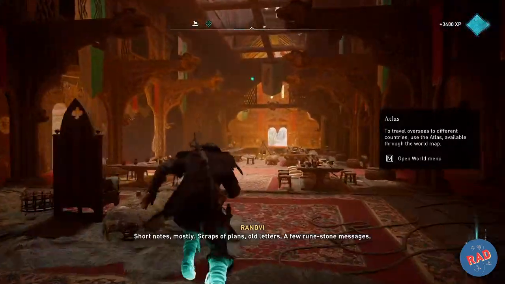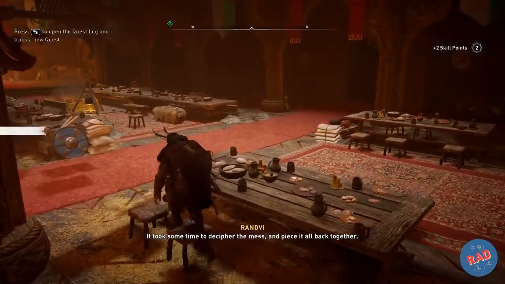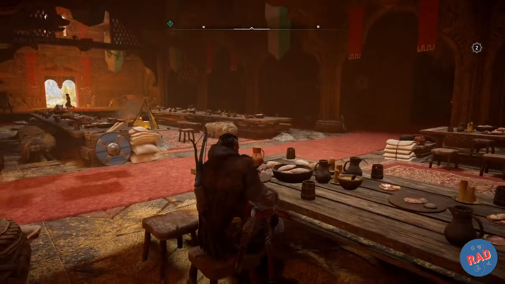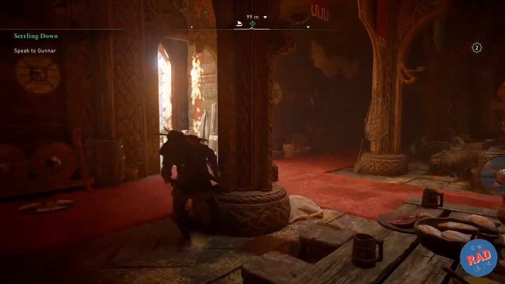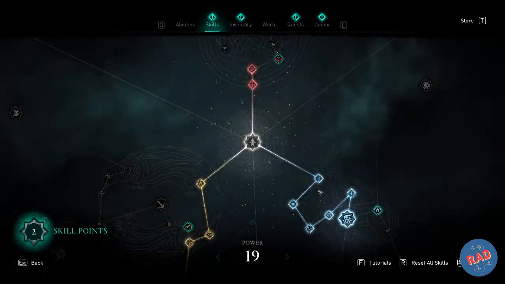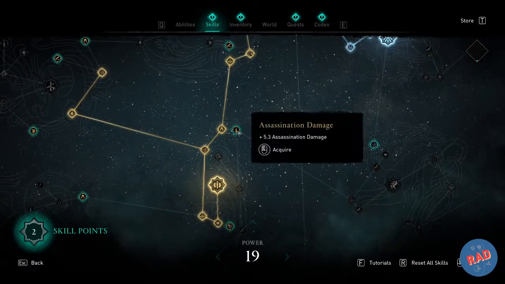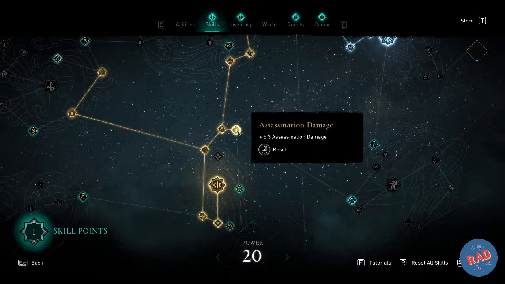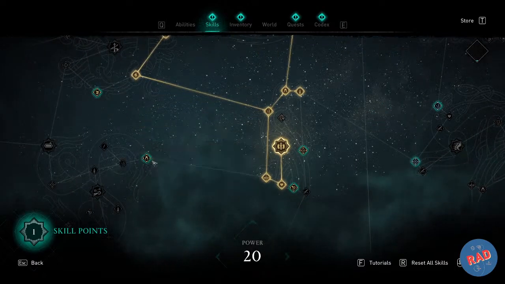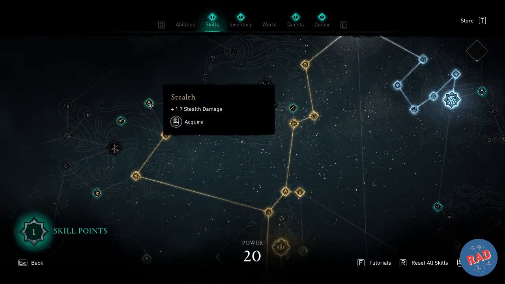So that's that. And yeah, we got another 2 ability points. This is interact. Can sit and eat, I guess. We need for that now because there's a lot to be done. It's check our skills and upgrade what we have. Okay, 5.3 assassination damage. Okay, do that and 2% critical chance. I'm just going all in on stealth,